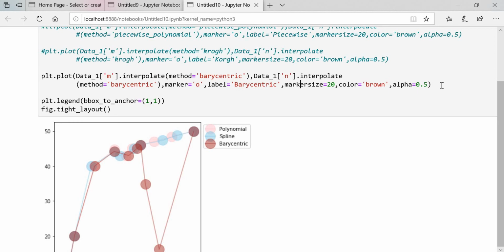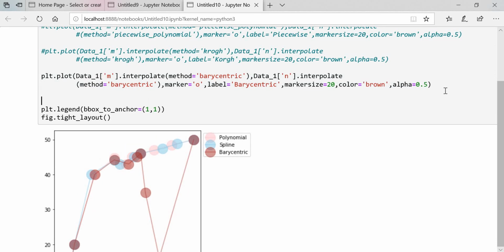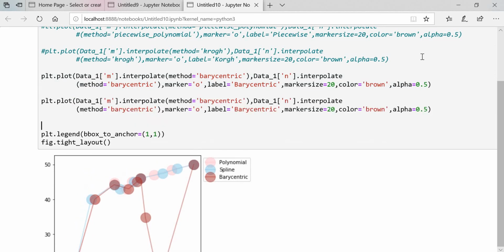Now moving further, we have the p-chip method, so we'll use that one. P-chip here as well. Here I'm going to use the p-chip.